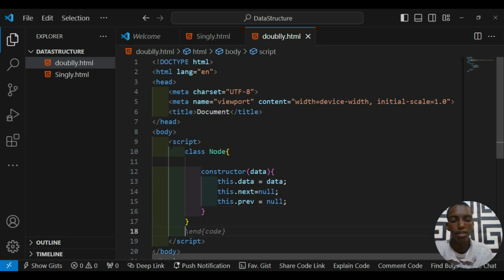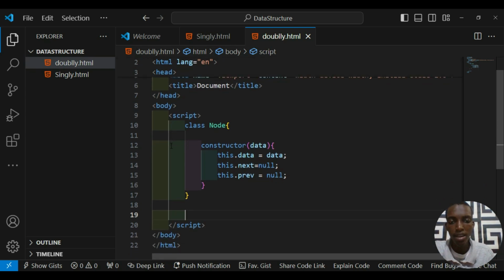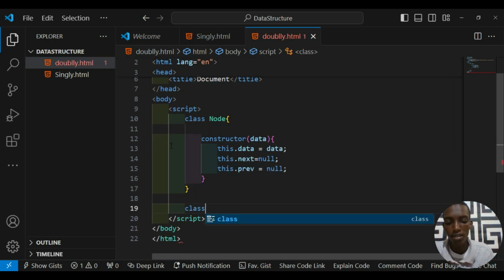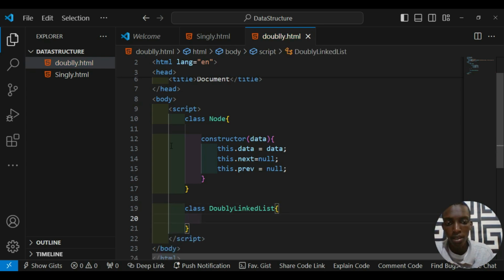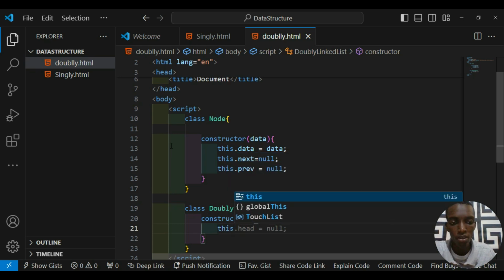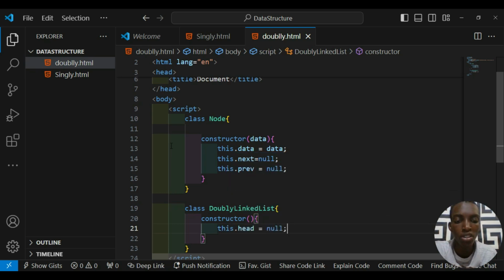The next thing for us to do is create another class and call it DoublyLinkedList. Here the first thing I will do is create my constructor. Inside my constructor I say this dot head equal to null. This initializes the head of the list to null. Now the next thing we do is